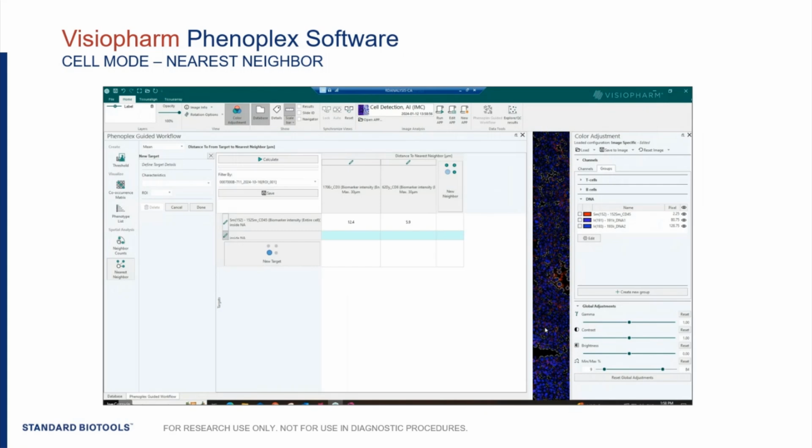So continuing our example here, you can use neighbor counts to identify the cell phenotypes that are in close proximity to the CD3 positive T cells. Then you can use nearest neighbor to tell you how close these cell phenotypes are to the CD3 positive T cells within the tissue. This can help you identify cells that may have functionally direct interactions with each other, cells that may be part of a signaling network,